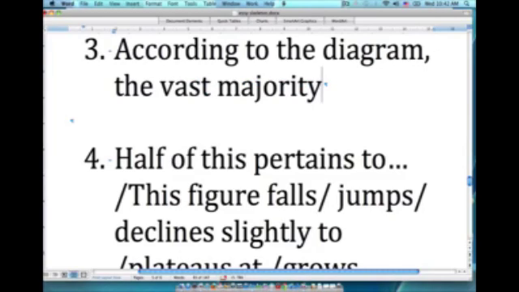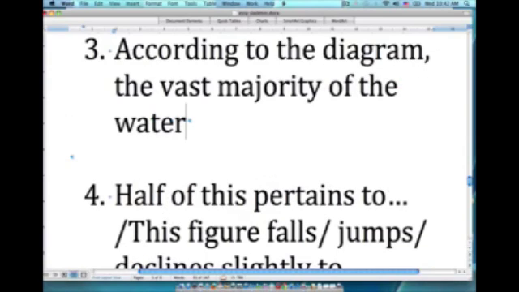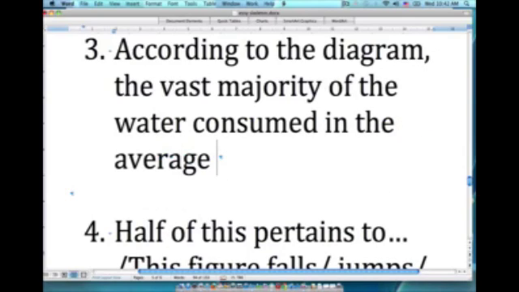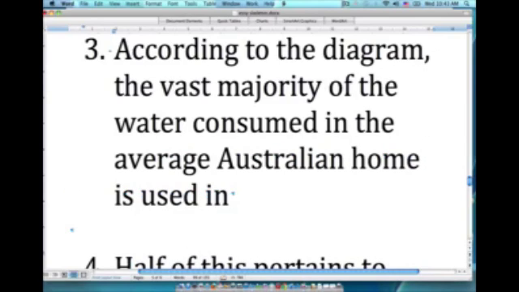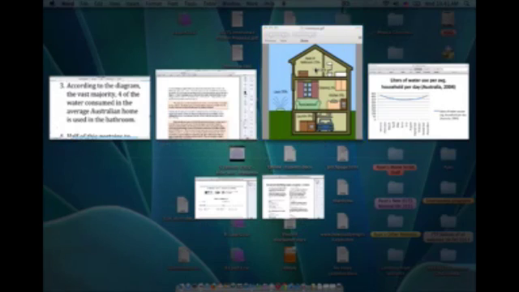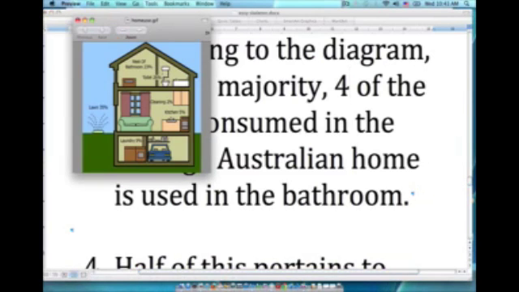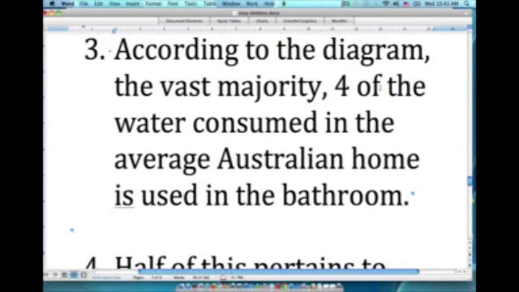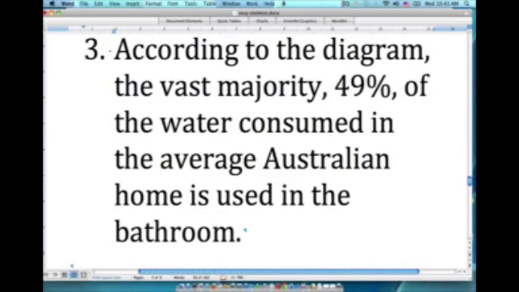of the water consumed in the average Australian home is used, as we said, in the bathroom. Now, I'm going to stick in the figure here too. According to the diagram, the vast majority, comma, let me just get that diagram out here again. I think it was 49%, was it? 23% plus 26%, 49%, the vast majority, 49%, comma, of the water consumed in the average Australian home is used